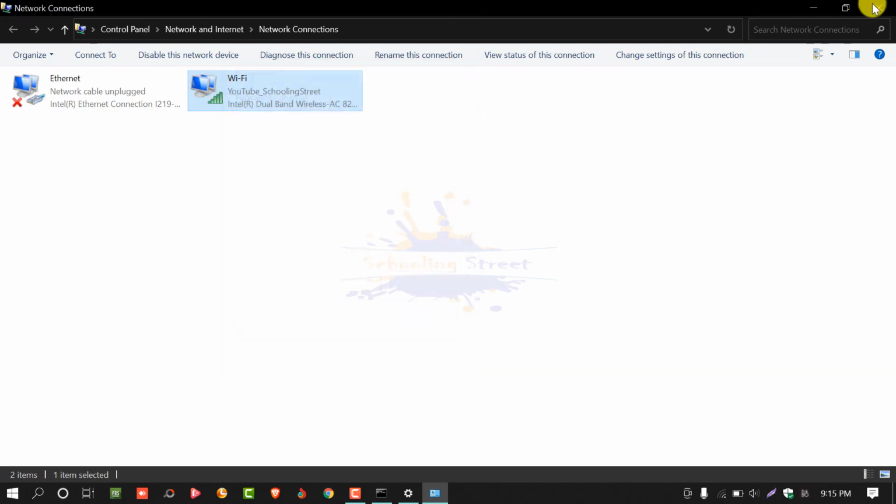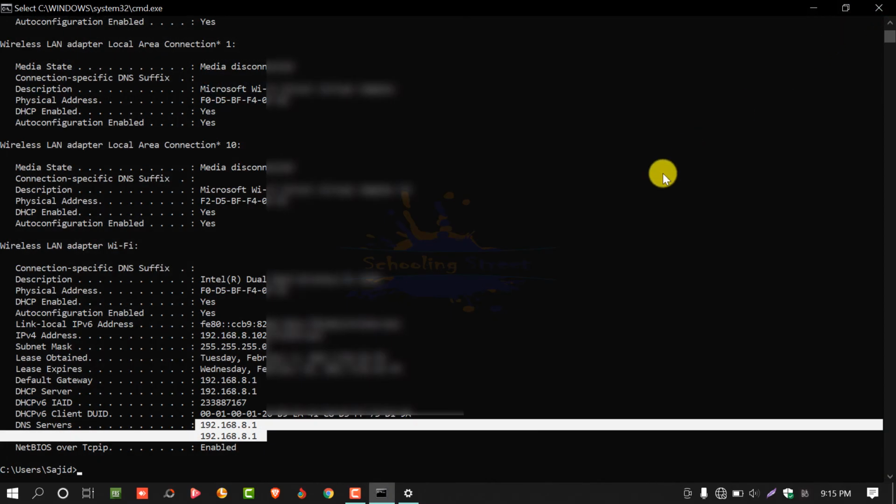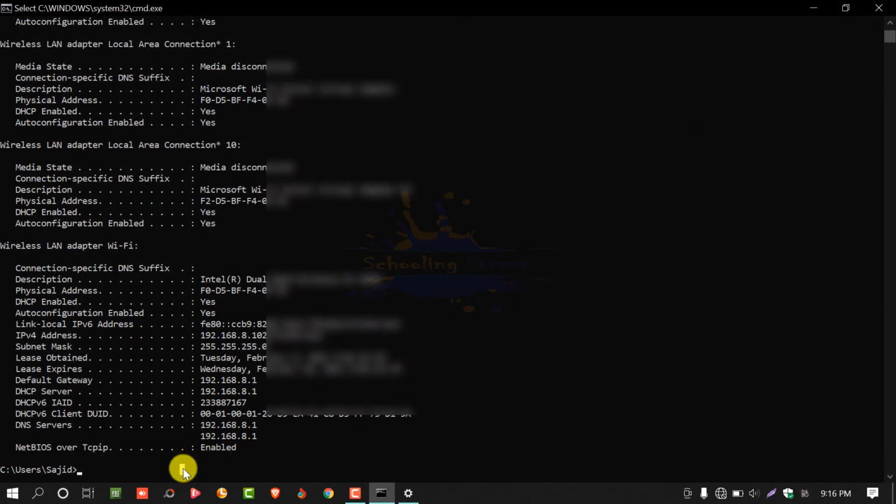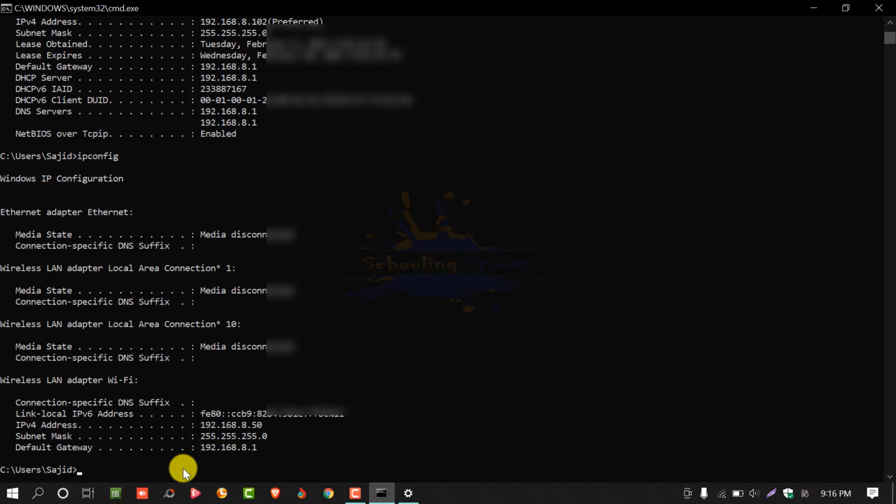After this close this window, also close this window, and now see your IP address by typing ipconfig and enter. Now you can see the IP address has been changed, which is 192.168.8.50.